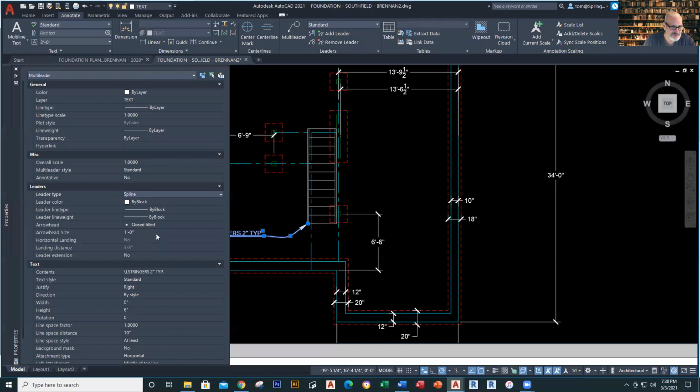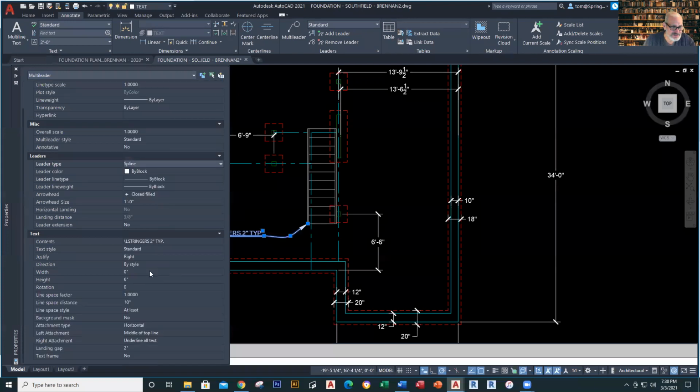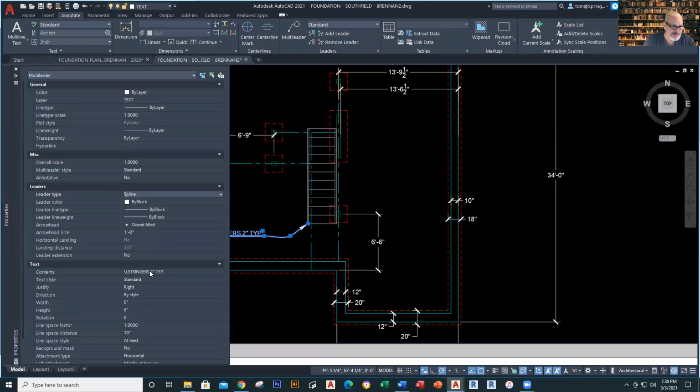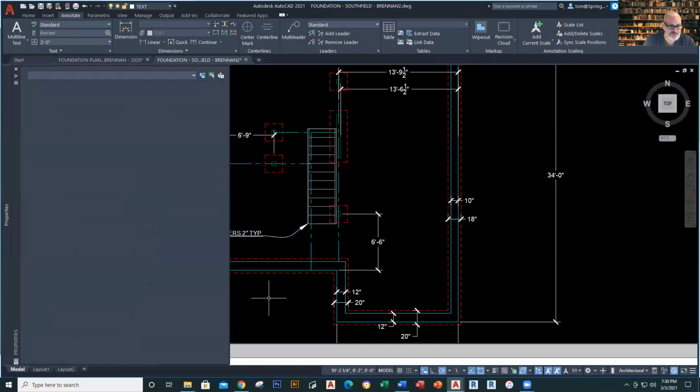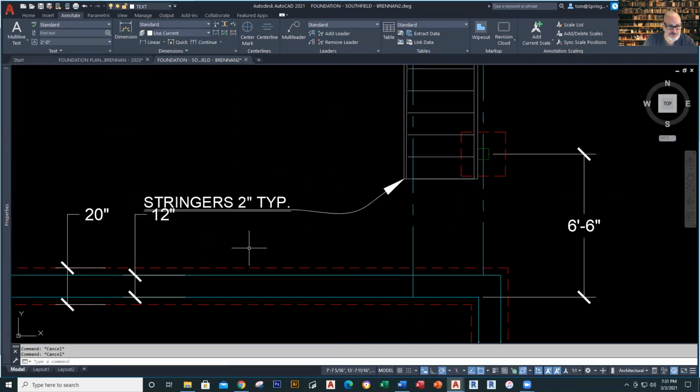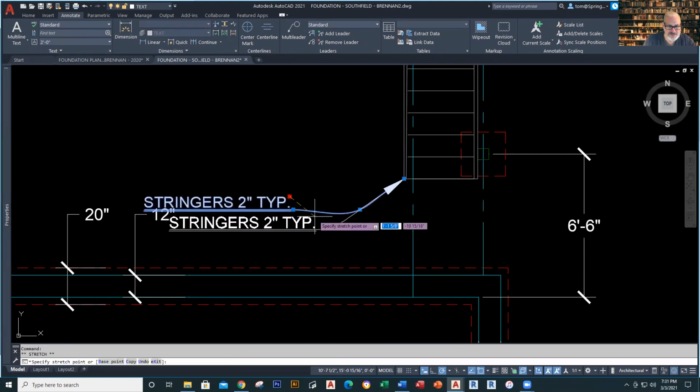Your extension, no, close fill. All right, contents. Okay, and that's how I go ahead and put that in place right there. So you got that. Okay, so I've got that stringers 2-inch typical, and that is what I've got in place right there. Then I just take it and move it, and I can go ahead and do that kind of